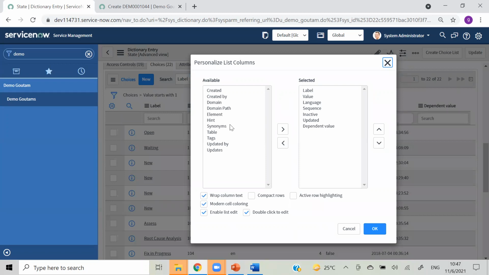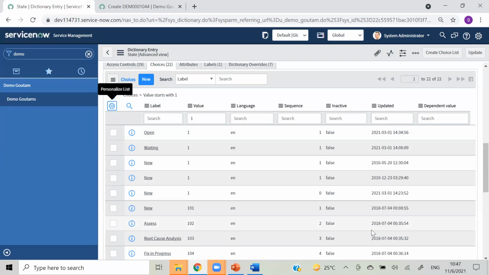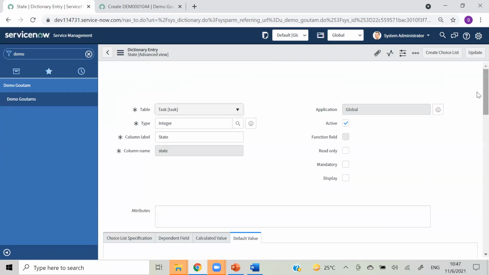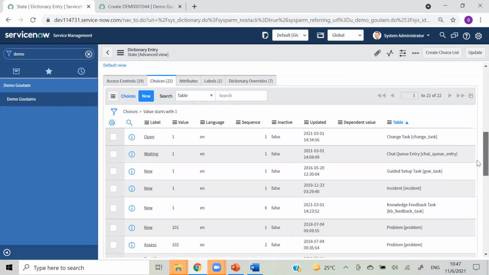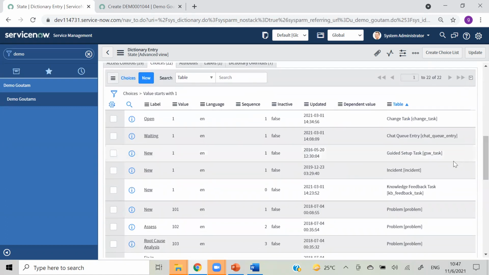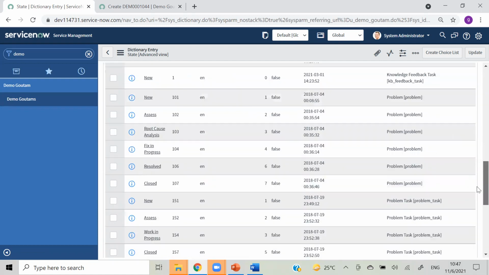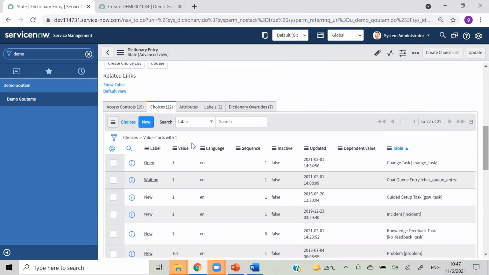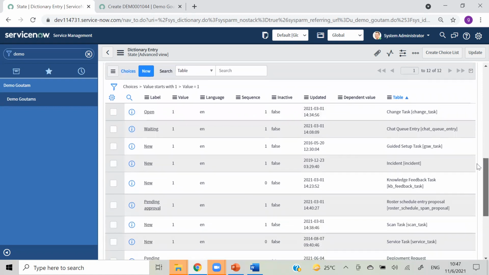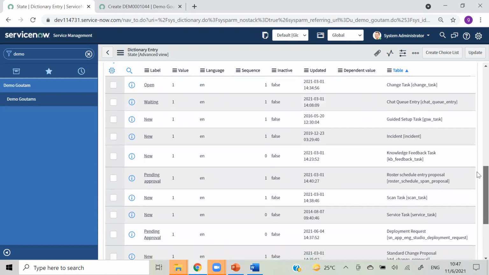So go to table, show matching. Okay, so there are 12 records where value is 1.